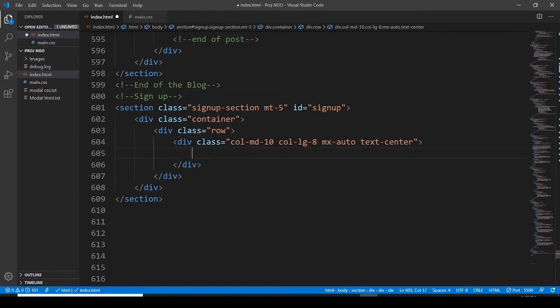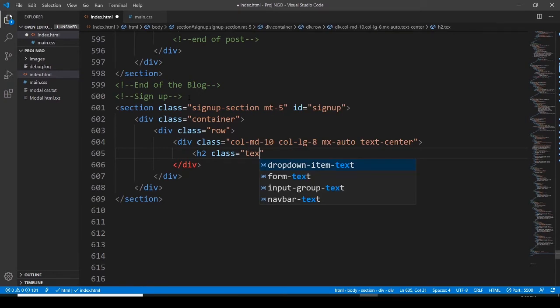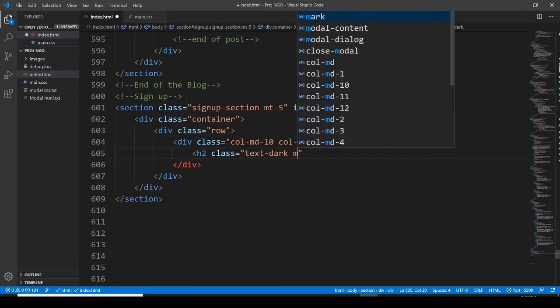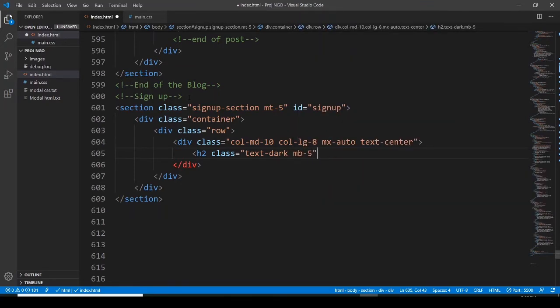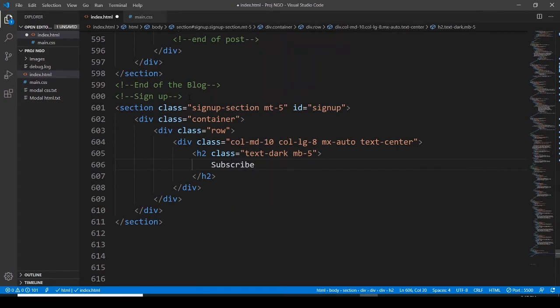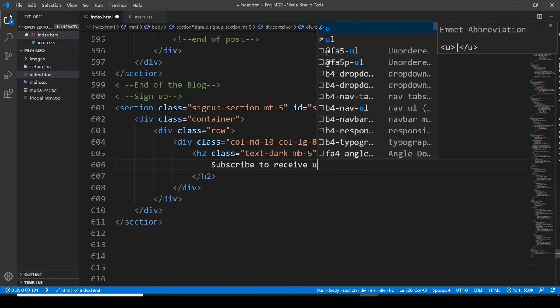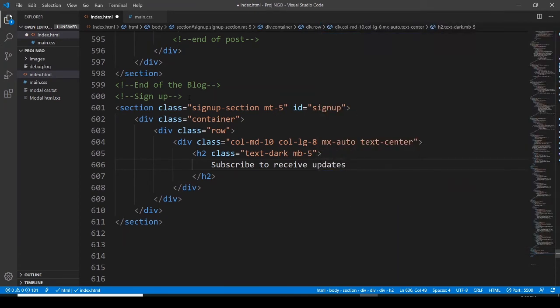and then let's have heading 2 class of text dark, margin bottom 5, and then let's have a subscribe to receive updates,